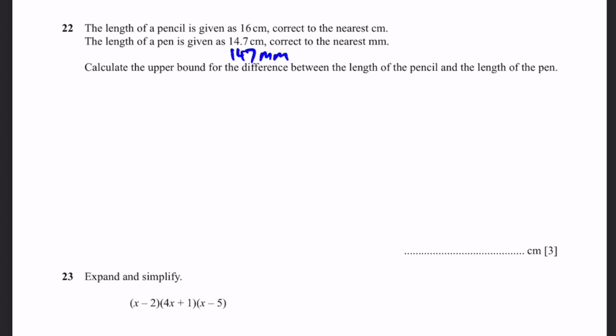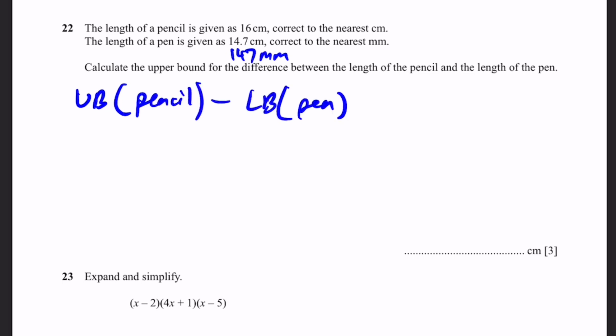Now the upper bound for the difference is going to be the upper bound of the pencil length minus the lower bound of the pen length. Since the pencil length is greater than the pen length, we want the highest possible pencil length and the lowest possible pen length to get the upper bound of the difference. So that'll be equal to